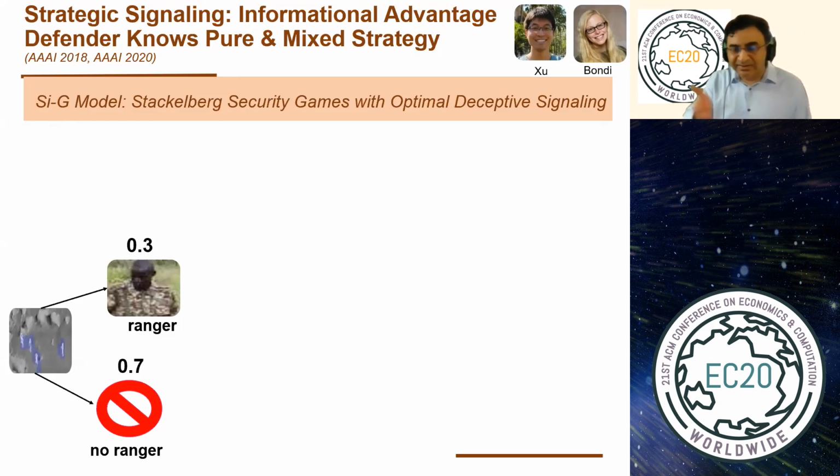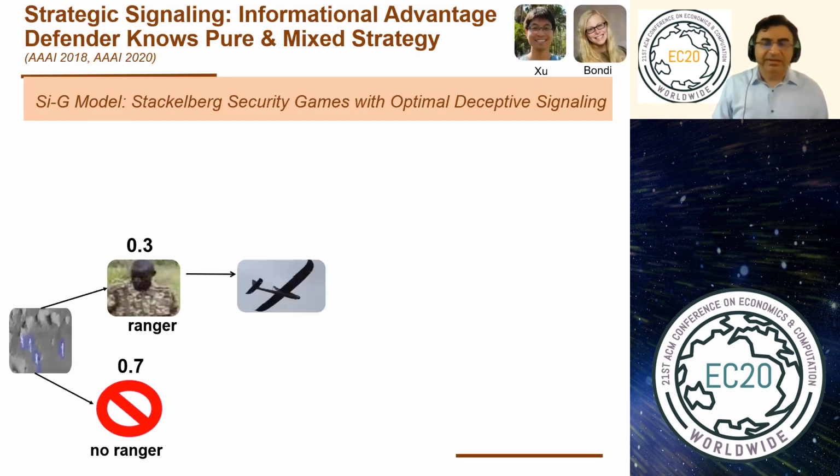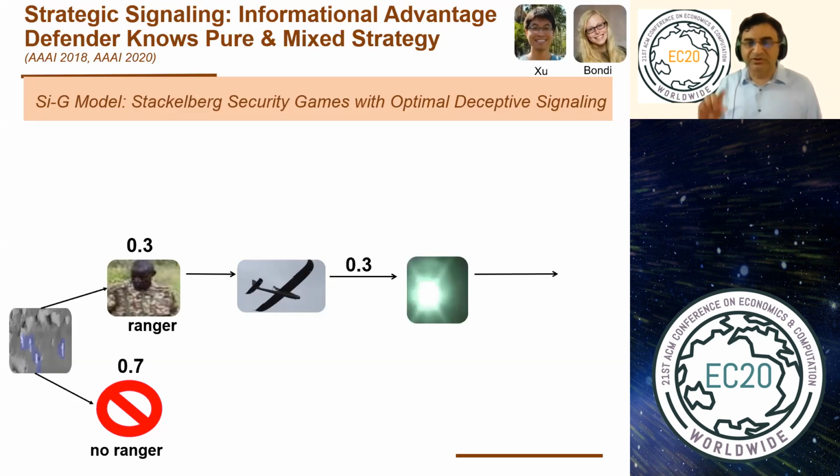They have calculated the probability that a ranger is present is 0.3, and a ranger is not present is 0.7. They know the mixed strategy that was played. A drone flying overhead, though, not only knows the mixed strategy, it also knows the pure strategy, whether the ranger is actually present or not. When the ranger is present, it's going to truthfully signal to the poachers, yes, there's a